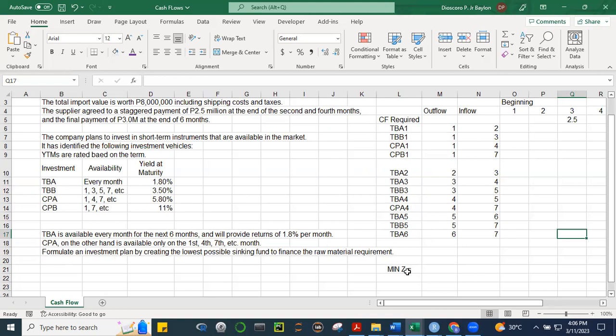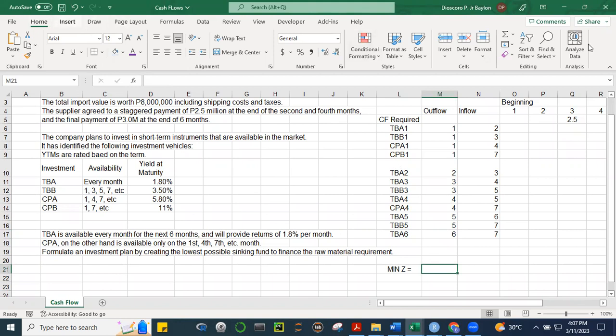And then at the beginning of month 5, we have enough funds to pay our supplier again. And at the beginning of month 7, we have enough funds to pay 3 million to our supplier. So what we're really interested in is to minimize our sinking fund, which is to minimize the sum of,